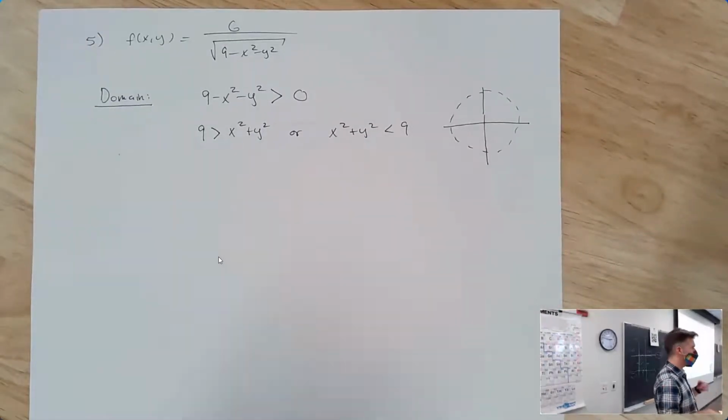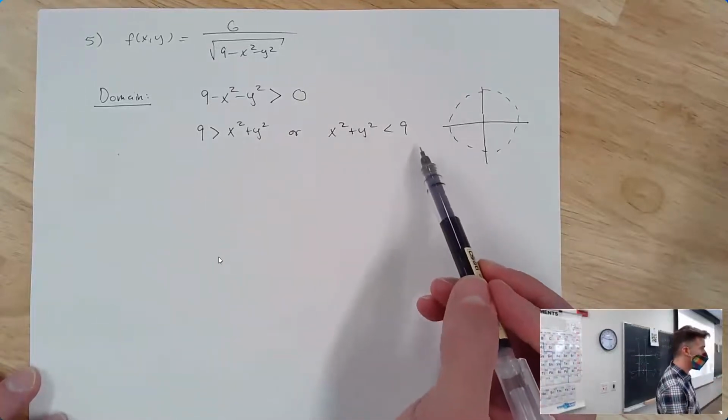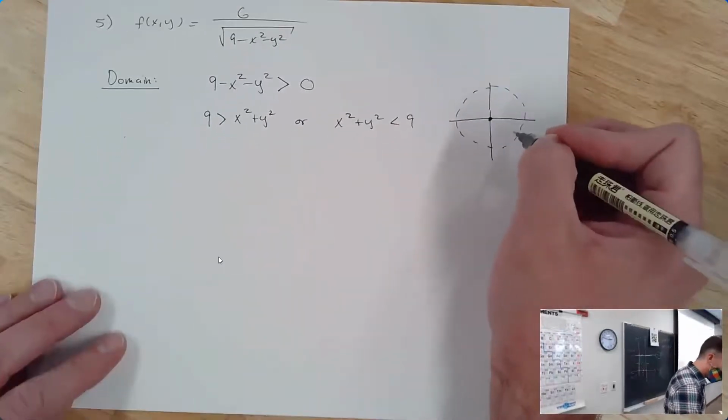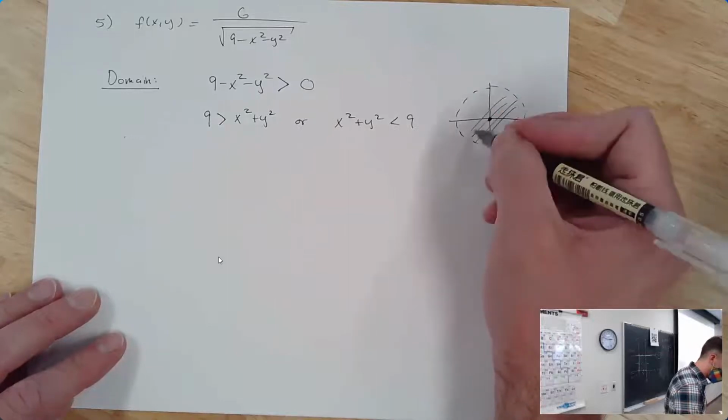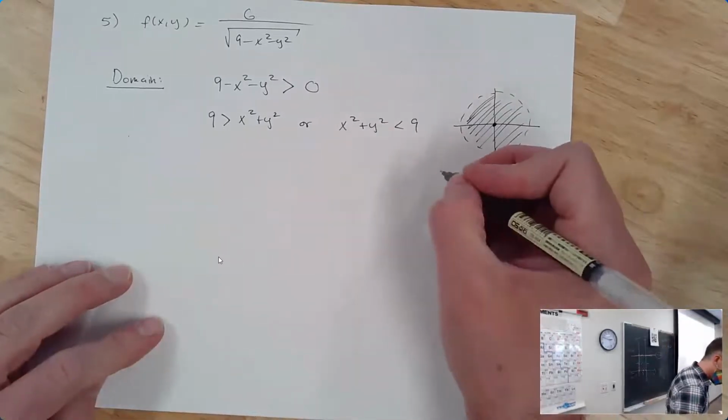Is it everything inside the circle or outside the circle? If you're not sure, test the point. What's an easy point that's inside the circle? The origin, right? There's other points, sure, but the origin. If x is 0 and y is 0, is this inequality true? Yes. So 0, 0 is in the domain, and then everything that's on that side of the border is in the domain. And if you're curious, I would point out that this domain